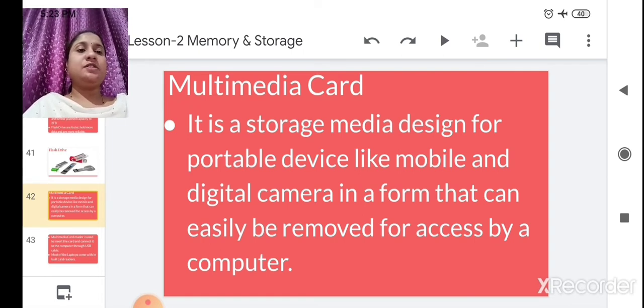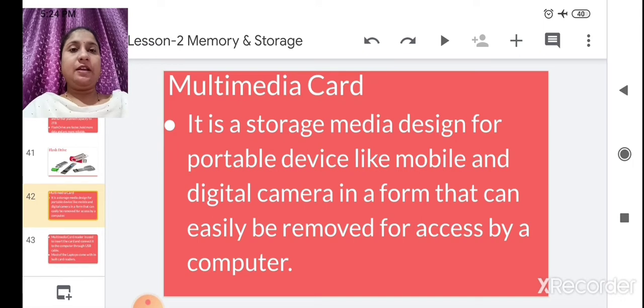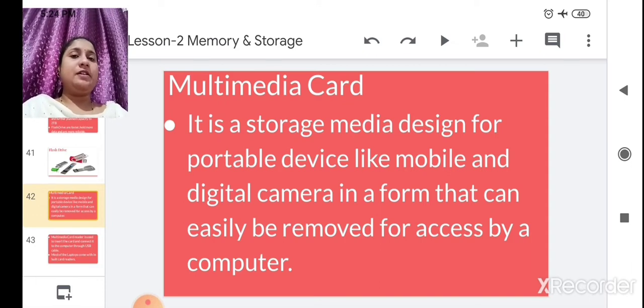It is a storage media designed for portable devices like mobile and digital camera, in a form that can easily be removed for access by a computer. So you can remove this multimedia card, right? Yes, from your mobile and from your digital camera, to access by a computer.